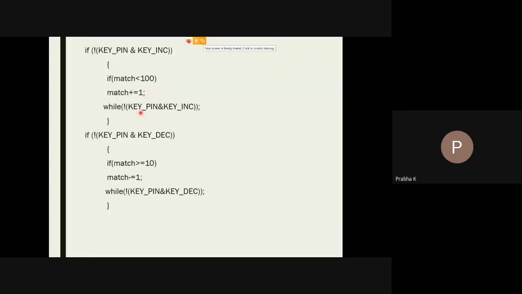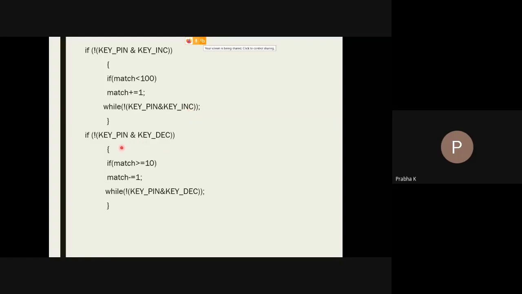That's why this while loop is written, in order to control the operation. If you keep on pressing the increment key, the status of the key will be read continuously. And if this happens, the motor speed will be incremented until the match value becomes 99. Understood? During this process, if you remove your finger from the key, your motor comes back to the standard normal speed.